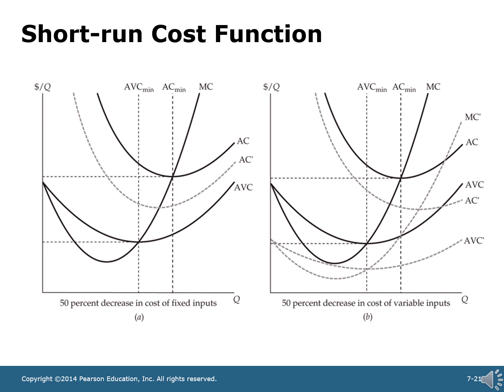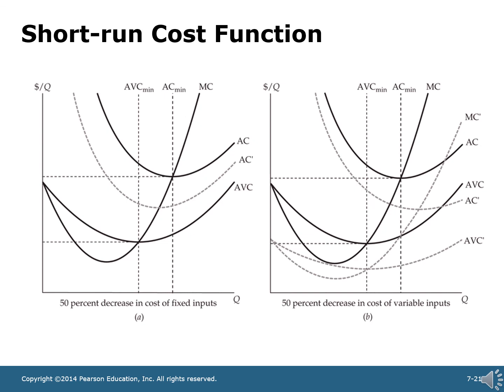You can see the marginal cost curve shifting down, the average total cost curve shifting down, and the average variable cost curve shifting downwards. So a decrease in the average fixed cost is only going to affect the average total cost. A decrease in the average variable cost is going to cause a shift in the marginal cost curve and the